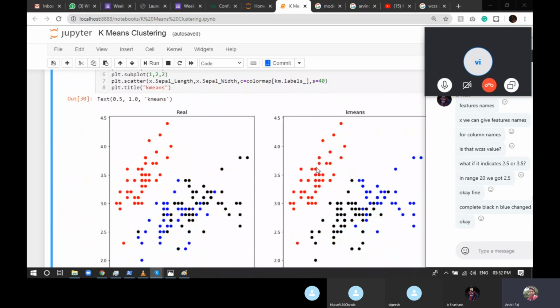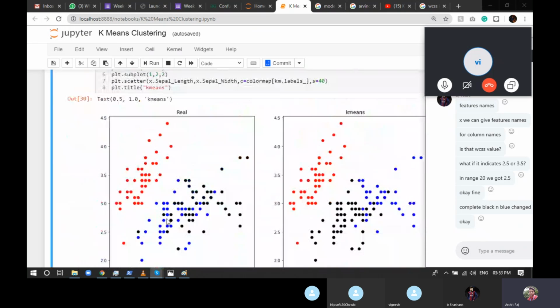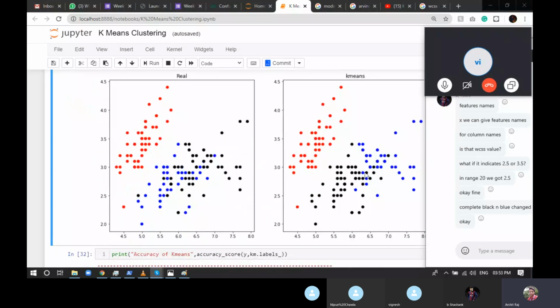Applying k-means on sepal data is going to be really difficult because this particular portion in the real one is completely submerged with each other. K-means tries to make a circle. That's why you can see these are closer to each other and these are closer to each other. There will be really small outliers. Good.